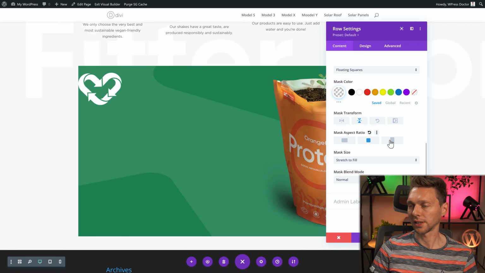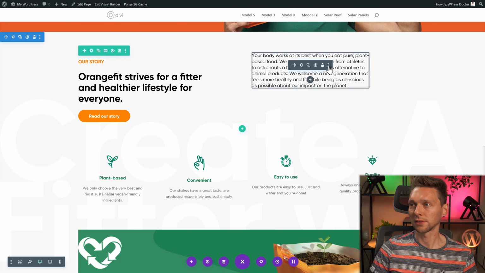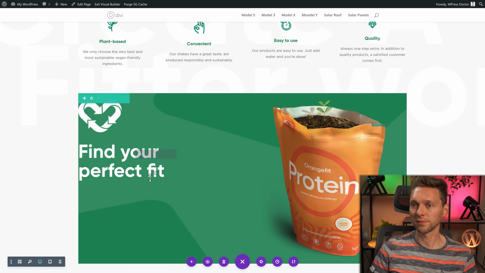Then let's change this a bit around. I like this one. We're going to add a title. The titles are all the same, so we're just going to copy this module. And we're going to paste this module over here. Below that is just a little bit of text. So we're going to copy this module. And we're going to paste it in over there. I'm going to make it white. Again, great.